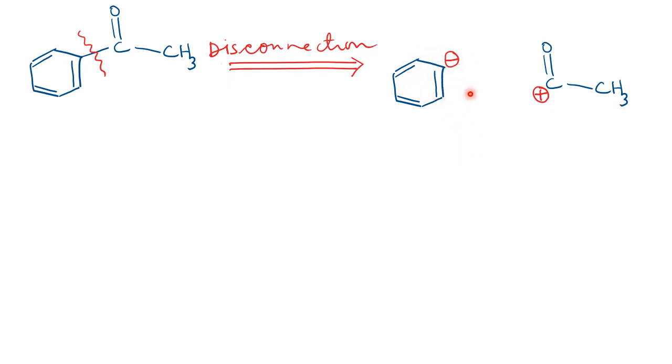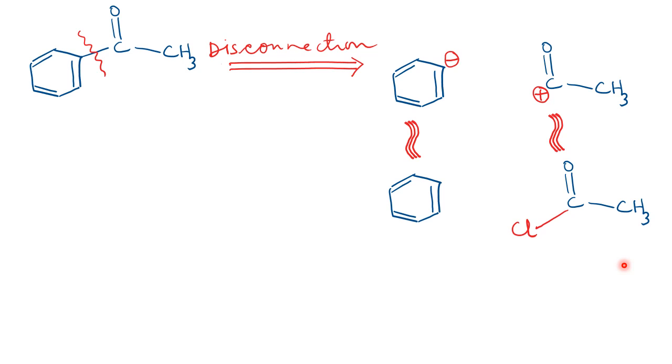And these two synthons are basically unstable. So what you will do is make stable reagents from them. So for aromatic ring with minus charge, I give it a hydrogen, a proton, and for this particular acylium ion, we are giving it chlorine. So basically, we get benzene as the reagent, and the other reagent is acid chloride. So basically, we can use the Friedel-Crafts acylation strategy now with these two starting compounds, and we can make our